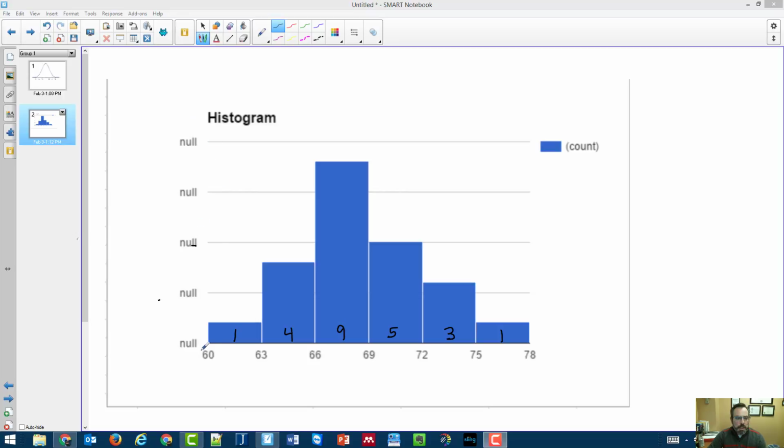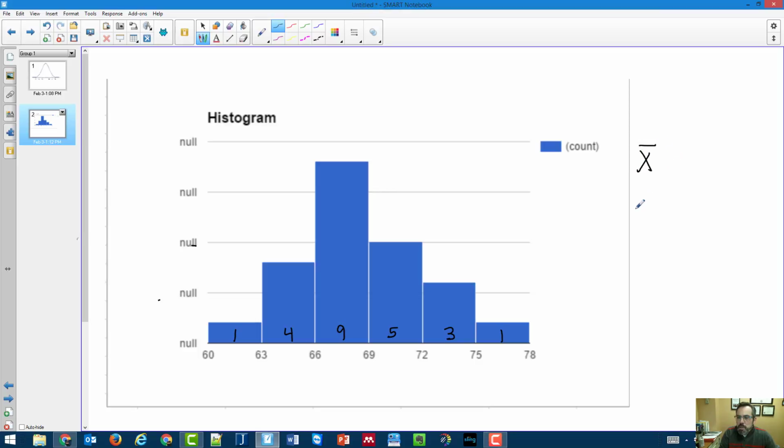Again, remember, Google isn't showing me the number here, but so that we realize the counts, there's one student between 60 and 63 inches, 4 between 63 and 66, and you can see the rest there. All right, when we did the descriptive statistics, I found out with this information now that the mean,